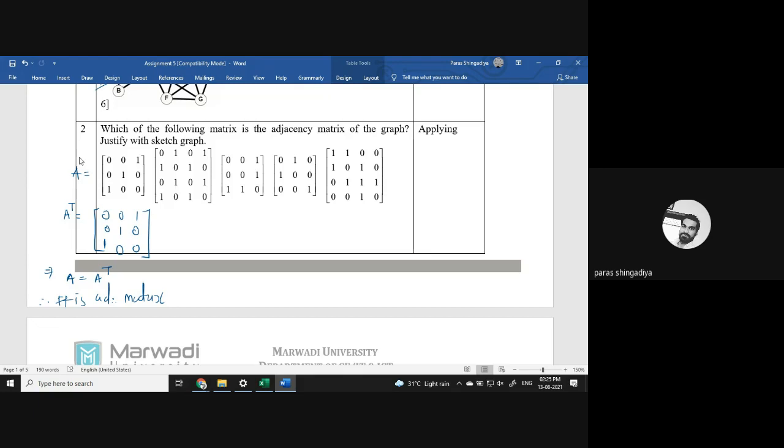So how can we create a graph here? For the number of vertices, we consider the size of the matrix. The order of the matrix is 3 cross 3. So how many vertices will the graph contain? It is equal to 3, which depends on the size of the matrix. So consider 3 vertices in any form. Here there are 3 vertices, that is A, B, and C. Okay, now we connect them. So which vertices are connected, which are not connected? How can we decide here?